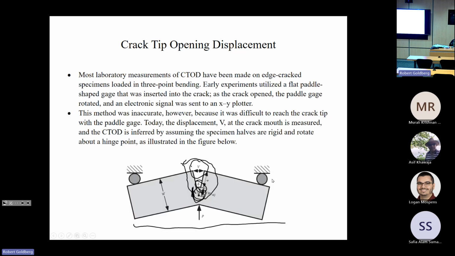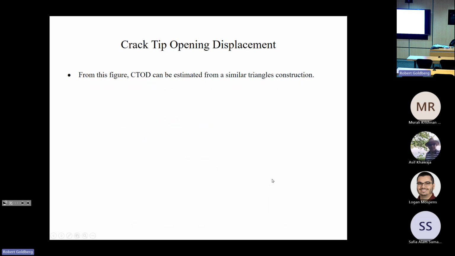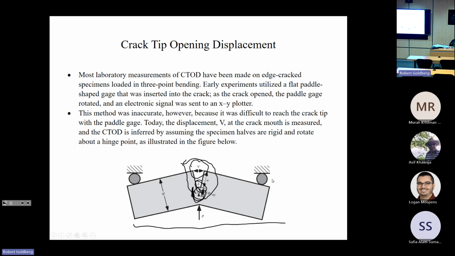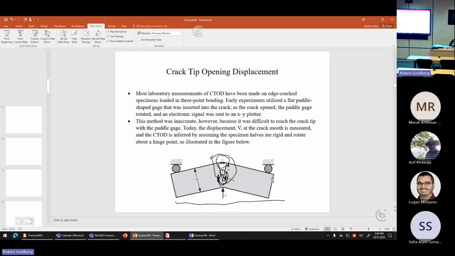And so you do a similar triangles type of thing, and you can say that delta over this dimension r times (W minus a) is equal to the displacement V over (r times (W minus a) plus a). And just to relate that, in just a second,